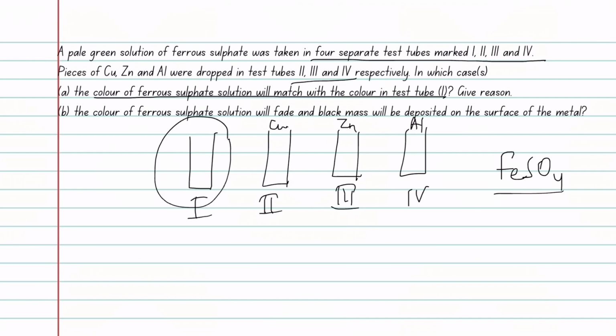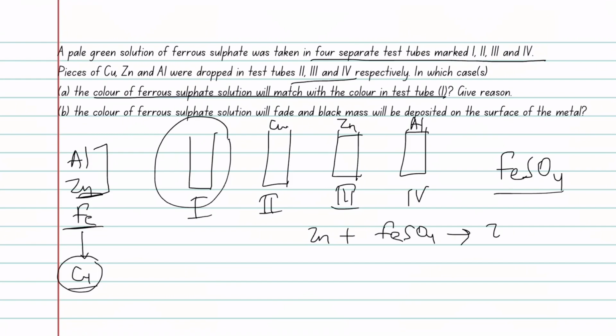So you have aluminium, then zinc and then iron, and then after that you have copper. Obviously aluminium and zinc are more reactive than iron, whereas copper is less reactive than iron. So in the case where you have added zinc and aluminium, they will be able to displace iron from its solution,